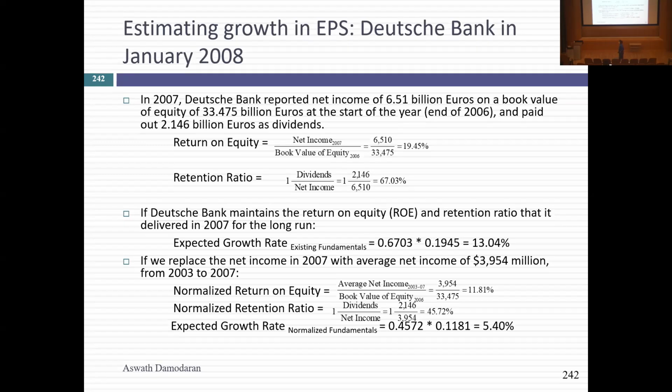Yes. The book value of equity and dividends, you've kept the same as the current. Yeah, because the dividends are going to be the dividends, right? I can't go back and normalize dividends over time. I can normalize the net income over time and say, am I paying a bigger percentage of that or not? Because they're actually paying that dividend now. So the true retention ratio this year with normalized net income is actually much lower than with the actual net income.